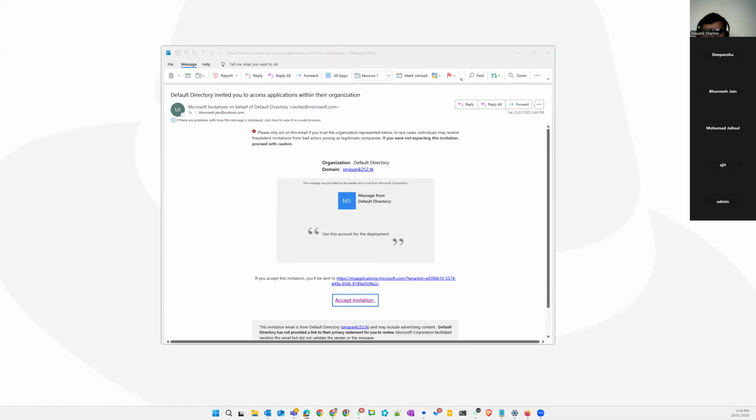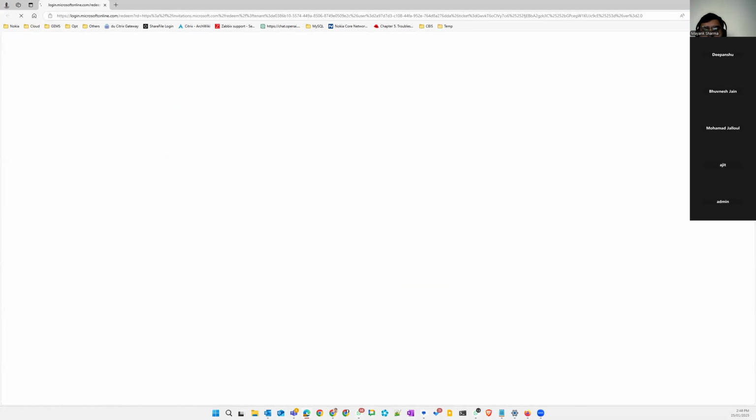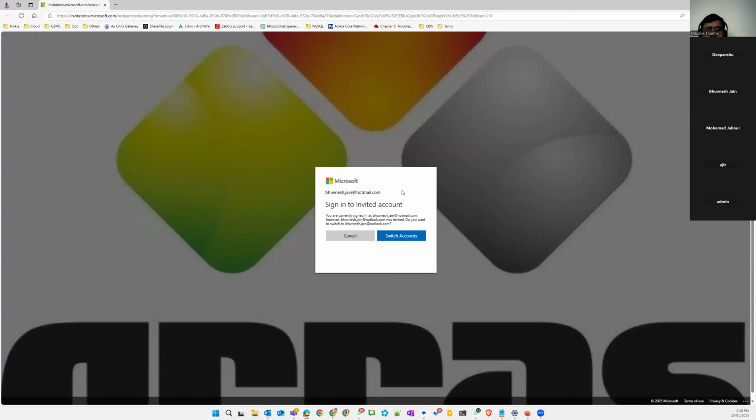Okay, so it's entering the other window. And this way it will go to my default login, right? Let's just see. Okay, so simply select switch accounts.